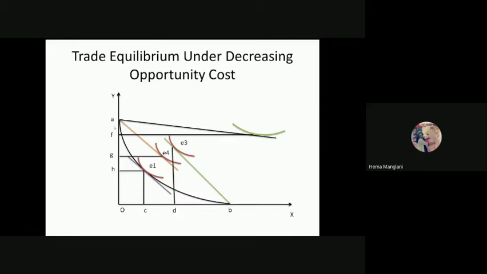Okay, complete specialization offers here what? That this country would produce only commodity Y. I will entirely drop commodity X. It means zero amount of X, and in total they are producing commodity Y. Now, if our production point is this, from this point itself I'll draw a parallel line, this line, because my price line for the international market is similar.